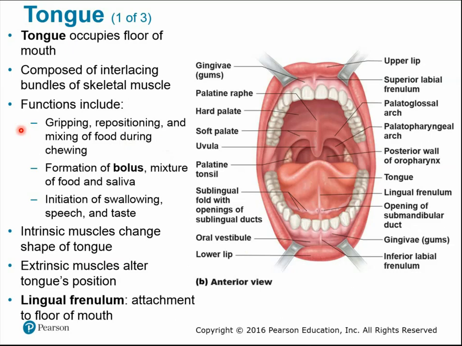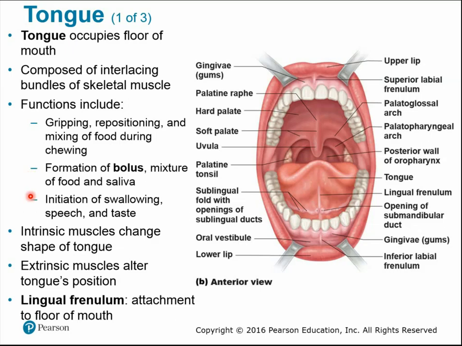It's going to help us manipulate the food in our mouth, move it around to form that bolus. A bolus is just the ball of chewed up food mixed with saliva. So when we swallow, it's in a nice compact little bolus, or ball, that's going to travel easily throughout the GI tract. The tongue is also where we have initiation of swallowing, as well as speech and